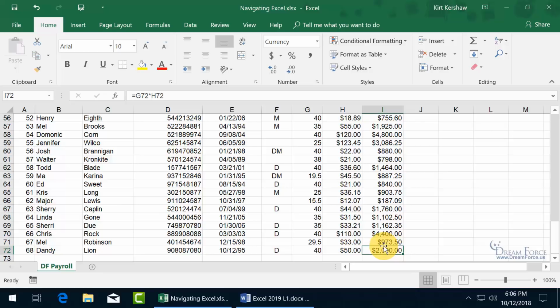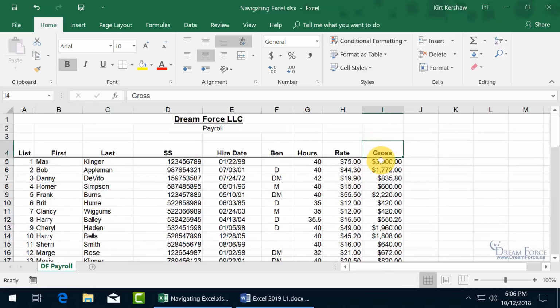If I double-click really fast at the top border, it's going to take me to the top of the data range. Double-click on the left-hand side to the leftmost part of the data range, then right to the right and the bottom to the bottom. So hover over it, get the four-way arrow, double-click to the top of the data range, double-click at the bottom